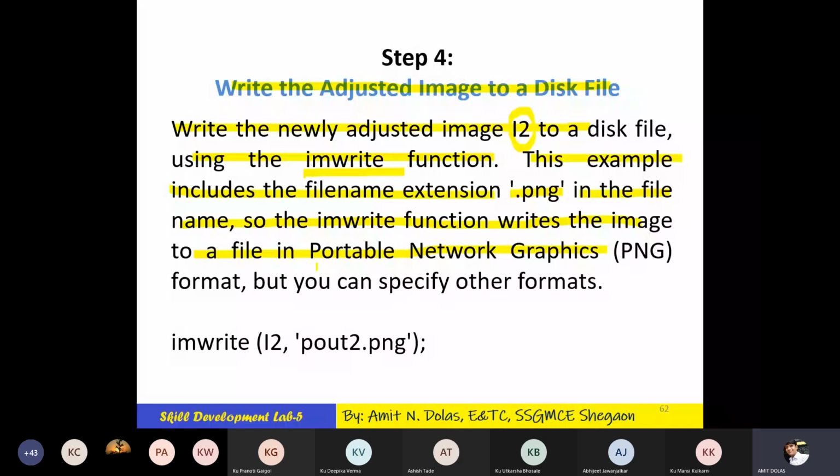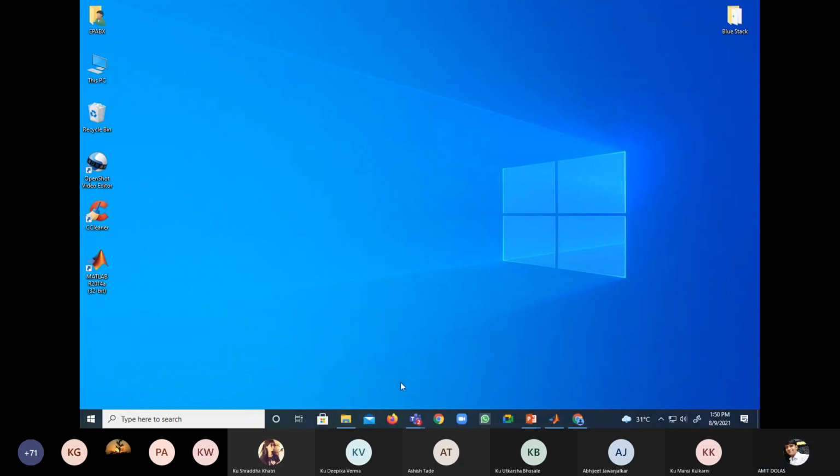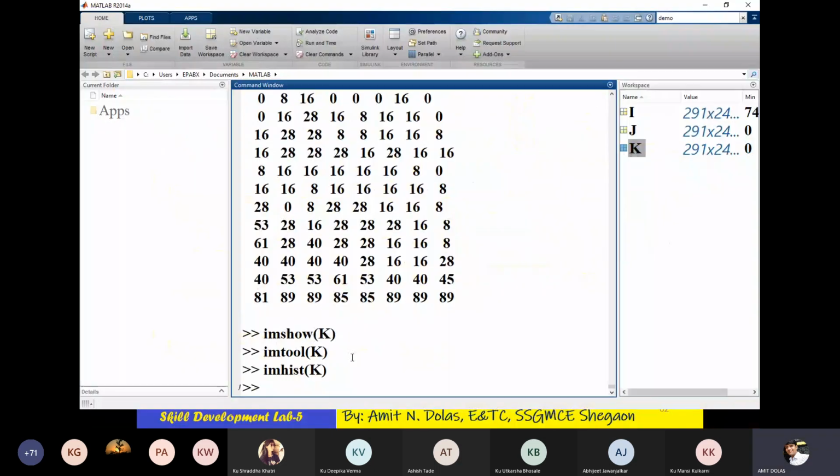PNG long form is portable network graphics format. So imwrite, image name, and pout2.png. Let's see this, and then we'll directly perform the practical.